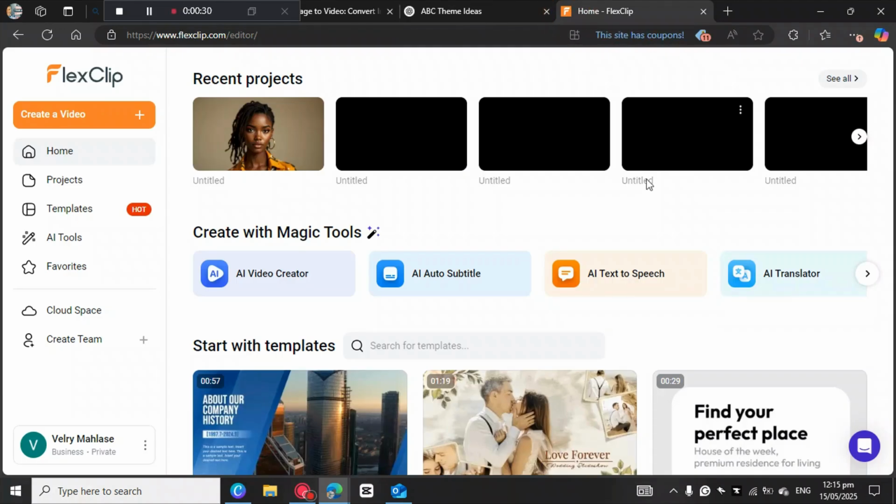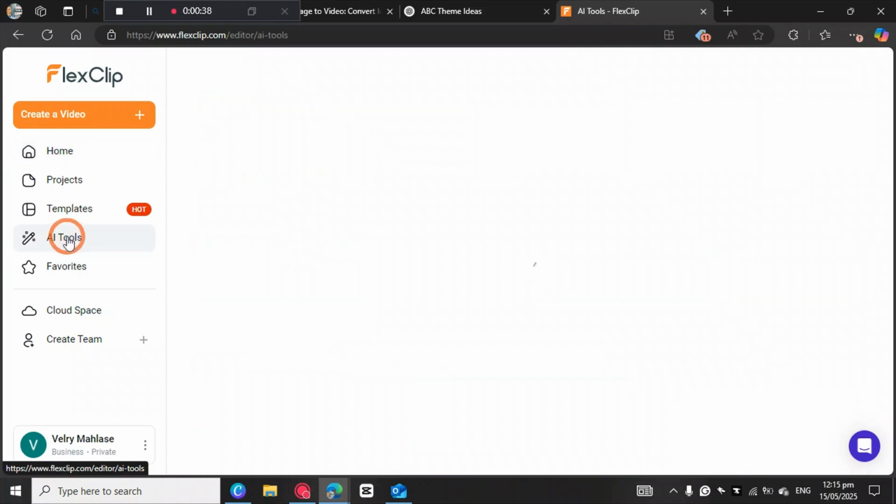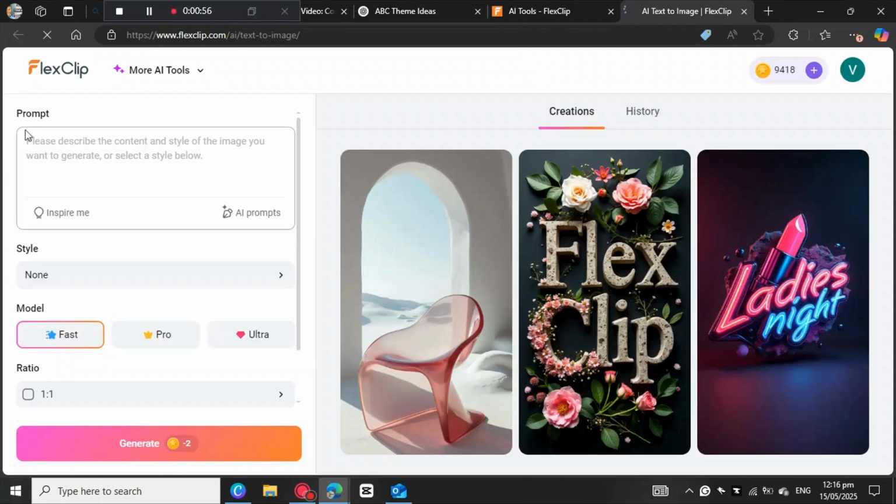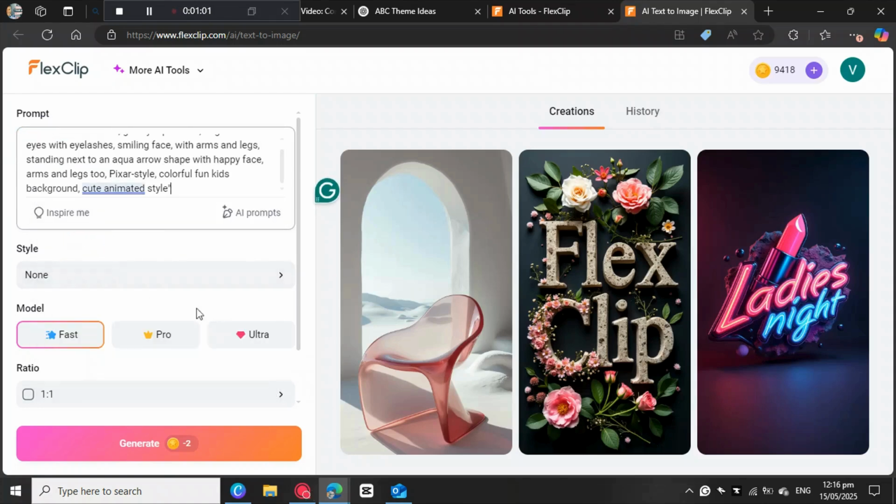So you're gonna need to sign up for this. Then you're gonna need to come here to the AI tools. So I'm gonna click on this one. Okay, then we're gonna select AI text to image. Here to the prompt box, and then we paste the prompt that we got from ChatGPT, and then we come